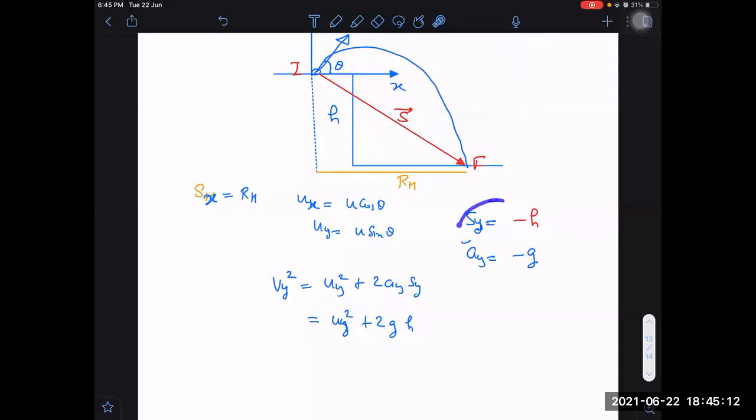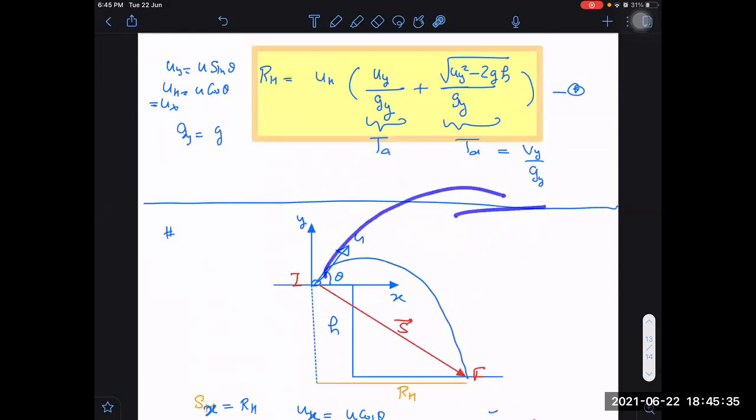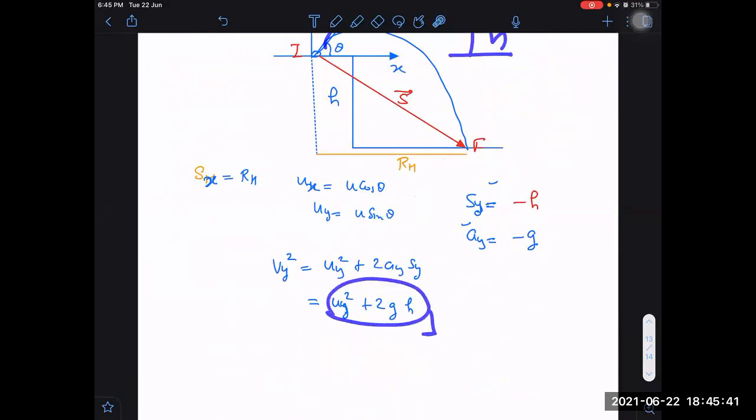Now, whenever you have committed some mistake, I can also commit a mistake. I may put a plus sign by chance in a hurry. If I do that, after this I will never commit the mistake, because once I reach here, then I know one thing for sure, that as we go down, the speed increases. If it increases, then this overall should be positive only. It cannot be negative, because we are going down. If we are going up, then speed should decrease. So in the last case, it was uy square minus 2gh. But in the present case, it is uy square plus 2gh. Is it okay? Yes, sir.